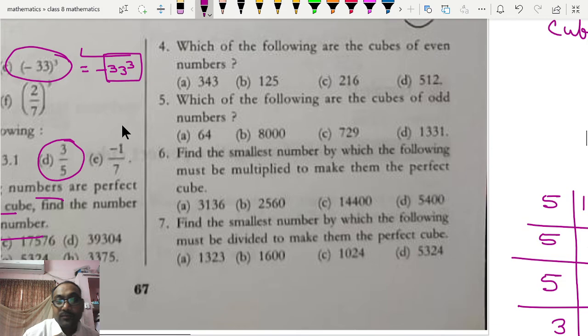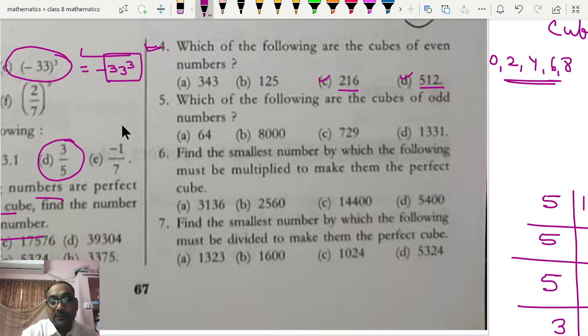See, which of the following are the cube of an even number? You can simply say the cube of an even number is always even. Even means a number that is divisible by 2, or a number having its end digit 0, 2, 4, 6, 8. And a perfect cube number ends with 3 zeros. Remember it. In squares there will be an even number of zeros, and for cubes the number of zeros will be a multiple of 3.